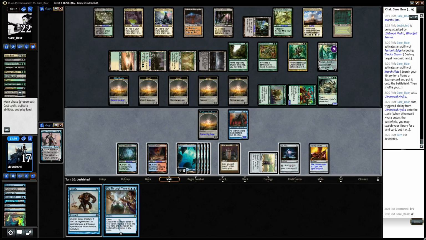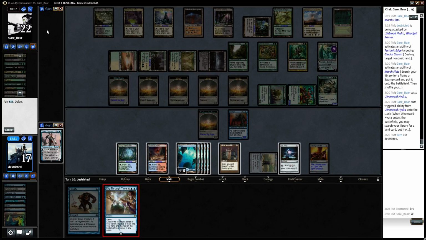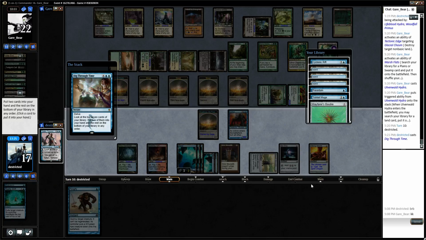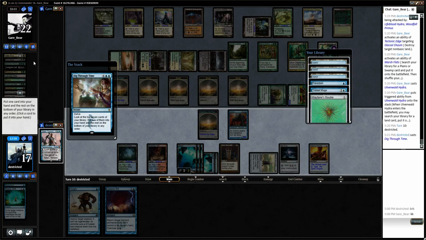Well, we do have this. Cyclonic Rift. Yeah, 3, 4, 5, 6, 7. So we'll take that. And I almost want the Trinket Mage to get Relic of Progenitus. But it's just gonna keep dumping the stuff in the yard anyway. Oh geez, top 10? Oh no, okay. Yeah, I thought it was like every turn. That would...